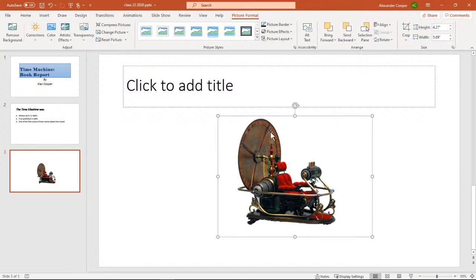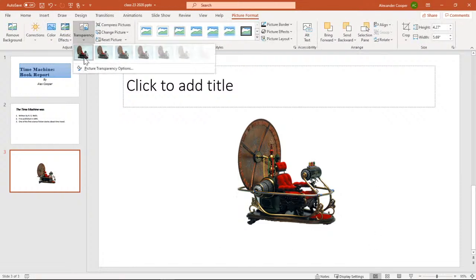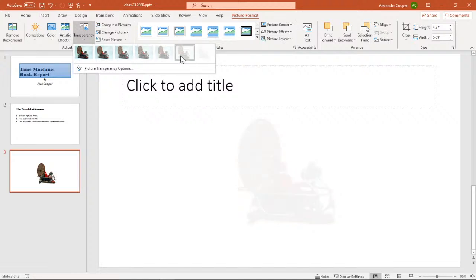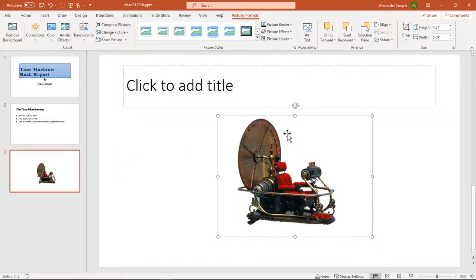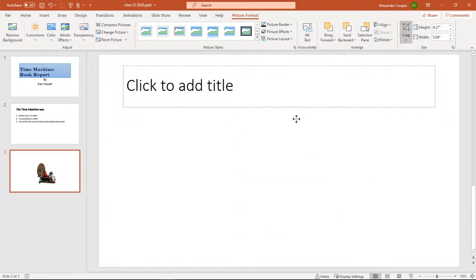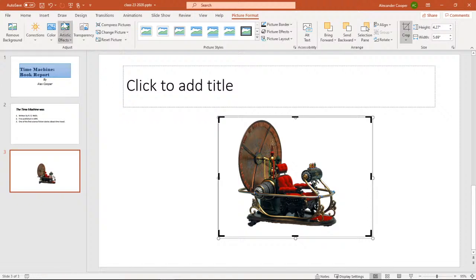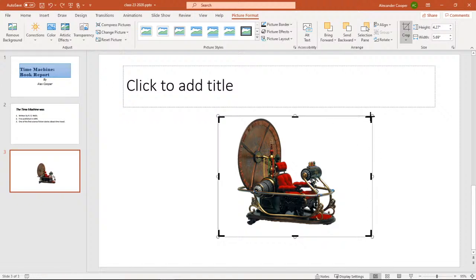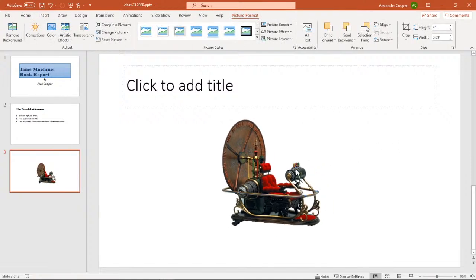Oh, hang on. So I need to talk about our transparency, kind of lighten it up a little bit. Right now we cut out the background, so that is transparent. Like I said, you can tell it to reset. Now if you do need to crop anything, here's our crop button here. And all you do is you get here and let's say I want to crop our picture a little bit sharper. Just move the squares again, let go, click somewhere else, and now our picture has been cropped, okay?